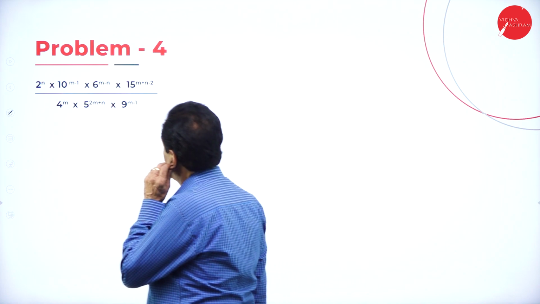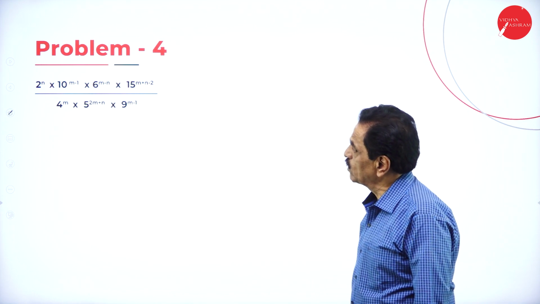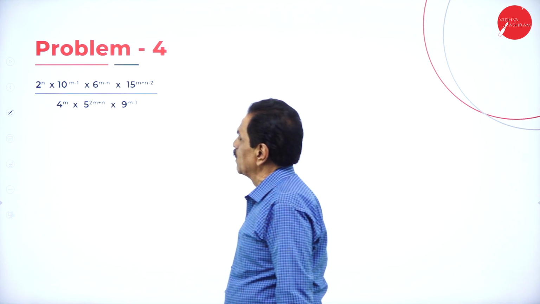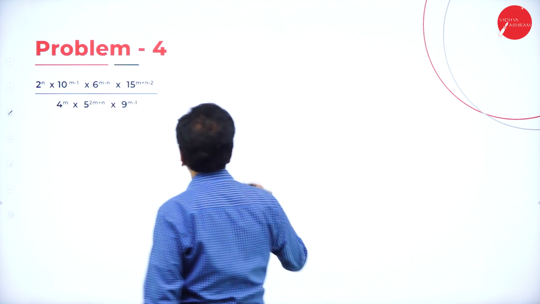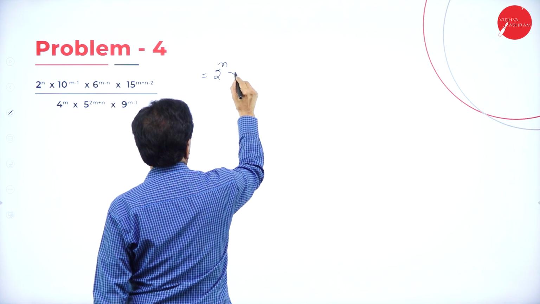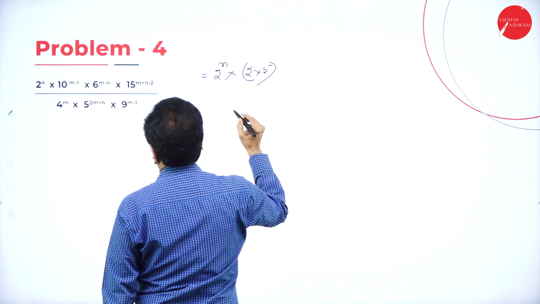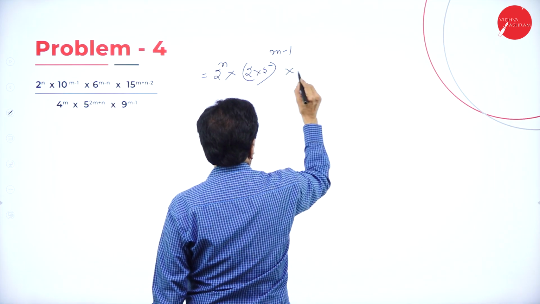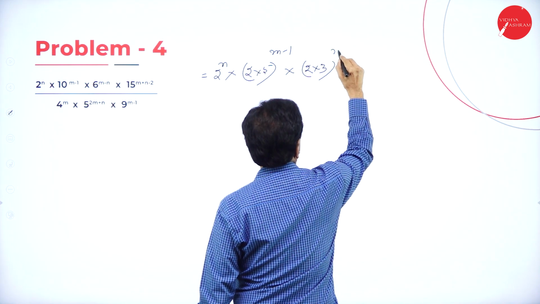2 to the power of n, 10 to the power of m minus 1, 6 to the power of m minus n, 15 to the power of m plus n minus 2, 4 to the power of m, 5 to the power of 2m plus n, into 9 to the power of 9m minus n. Simplify slowly. 2 to the power of n, 10 can be written as 2 into 5 to the power of m minus 1, into 2 into 3 to the power of m minus n,